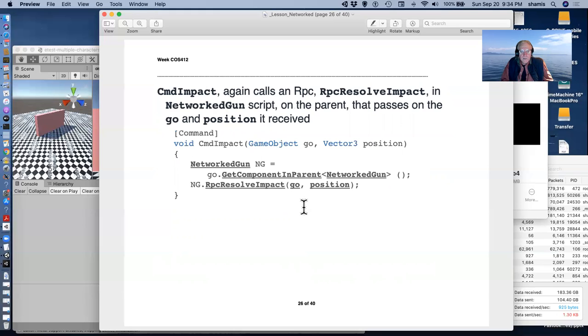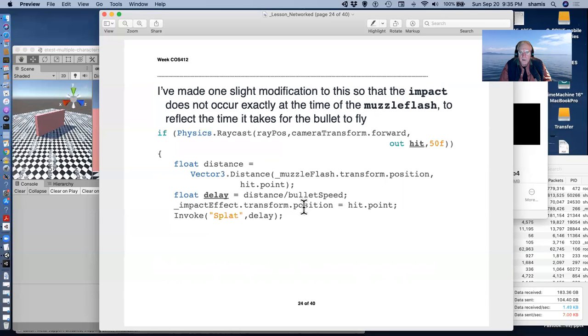So the impact function, which gets the game object and the position where we want this impact to manifest, again, is going to find the network gun of the object that fired the bullet. It's going to call the RPC impact, passing it that game object and the position. And the position, you remember, is the hit point,